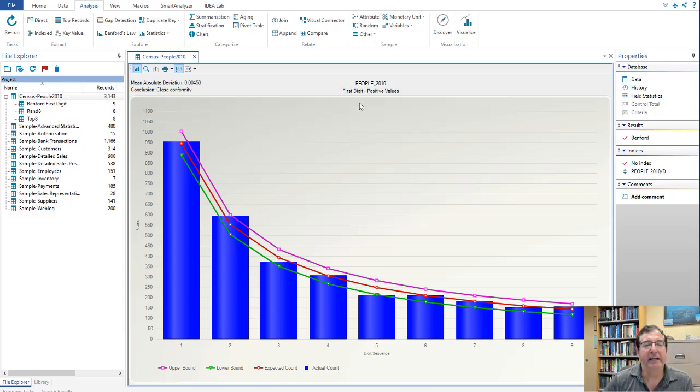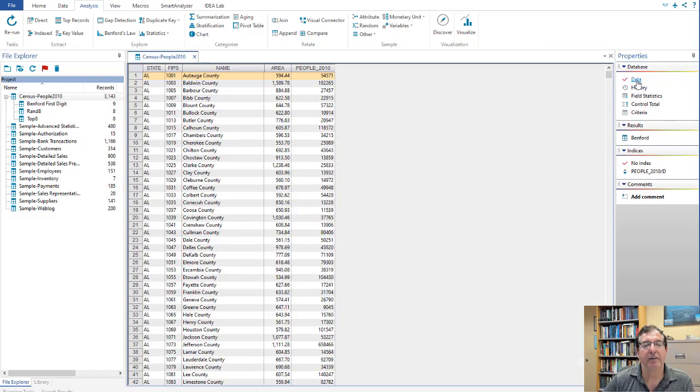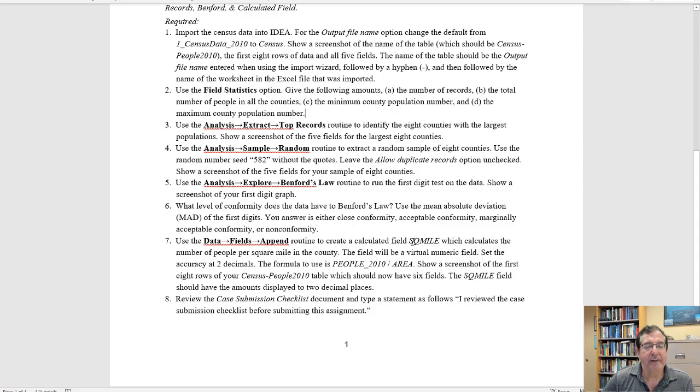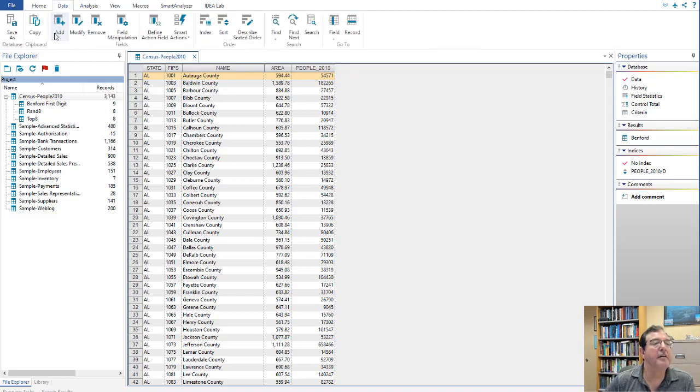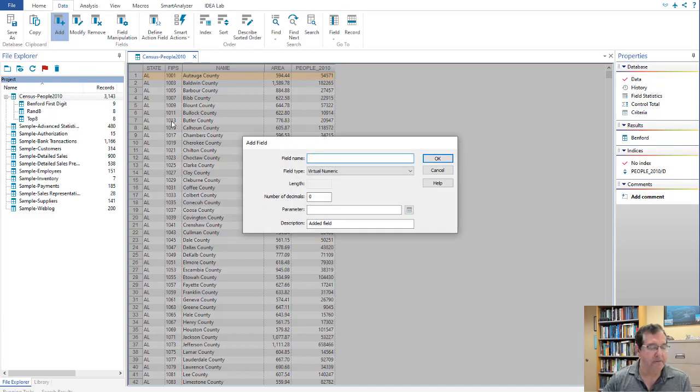Number 7, I need to get back to my data, so we go here. Create a calculated field, SQ mile, which calculates the number of people per square mile in the county. Screenshot of the first 8 rows. I'm here, I need to add a field which calculates the number of people per square mile. I'm going to go and use this data, add. Field name is SQ mile, and we're doing